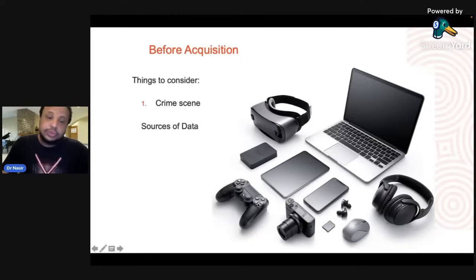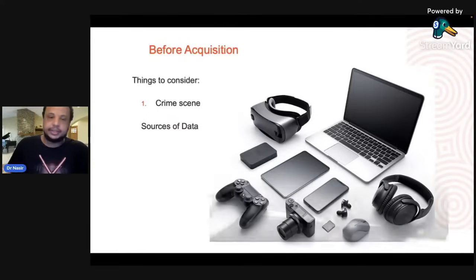Even gaming consoles you can take, because they can tell you a lot about the data that you need. Hard drives, of course, the tablet and the phone. Nowadays, even digital headsets that you normally use for VR, or virtual reality, contain a lot of evidence that we can use, and of course, the computer. So do not overlook any digital device. You need to collect them